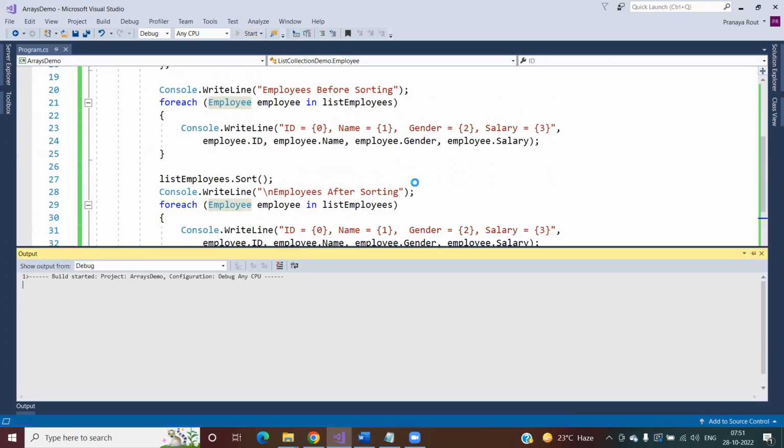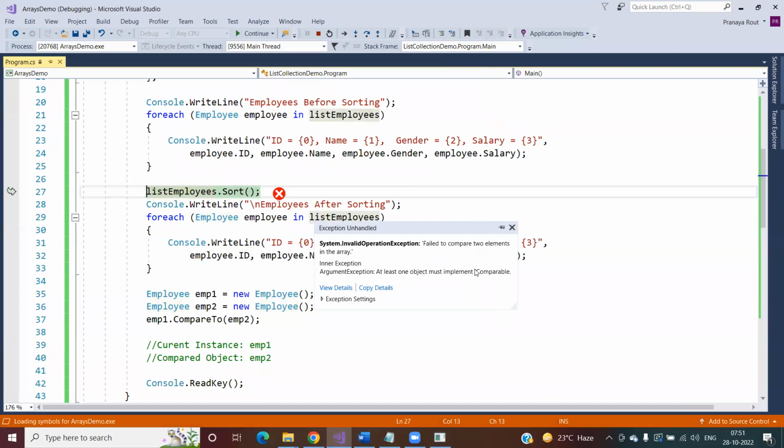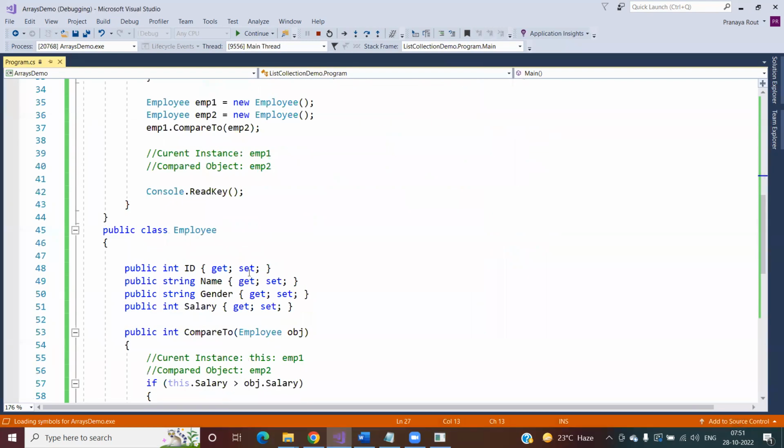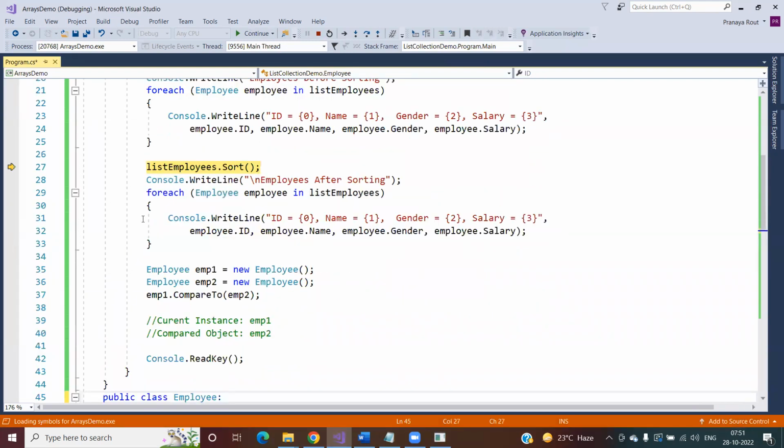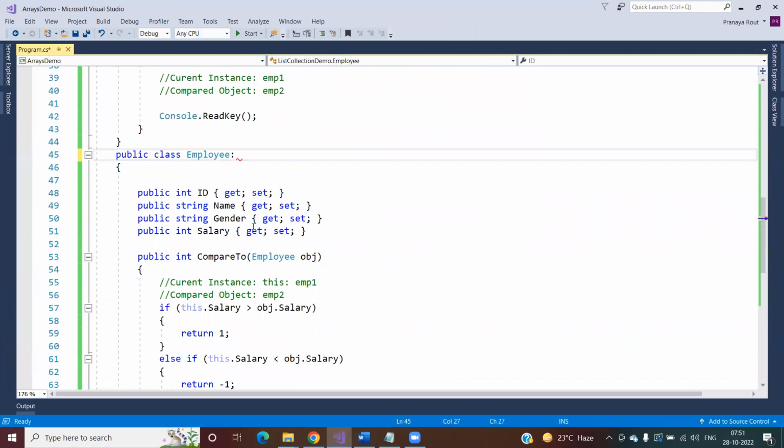You see, in this case, I have implemented the logic, right? But even though I have implemented the logic, it is not going to work. Why? Because I have to make sure my class implements the comparable interface, right? In this case, I need to make sure my class